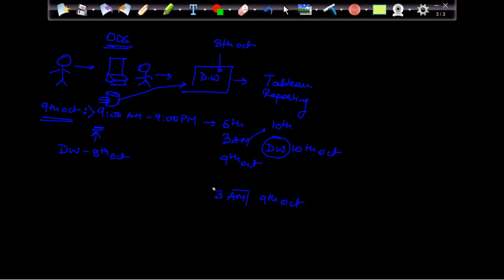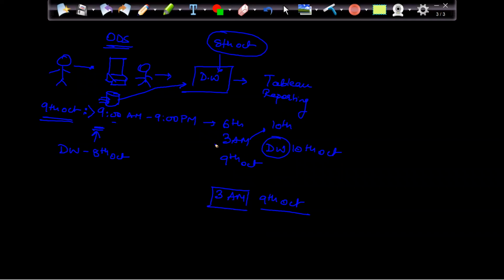In the data warehouse, the last data which was there, of 8th October, came in on 9th October at 3 a.m., because my business will start at 9 a.m. So by 3 a.m. the data is there with us for the previous day, that is 8th of October.